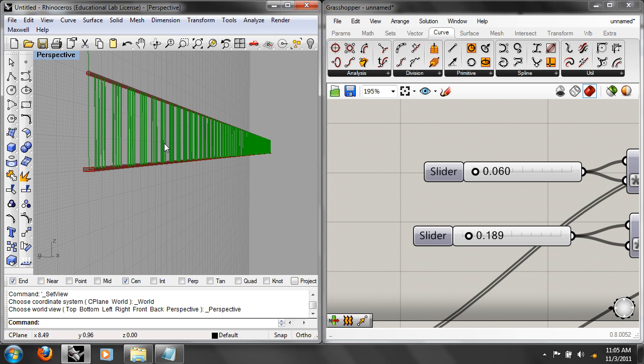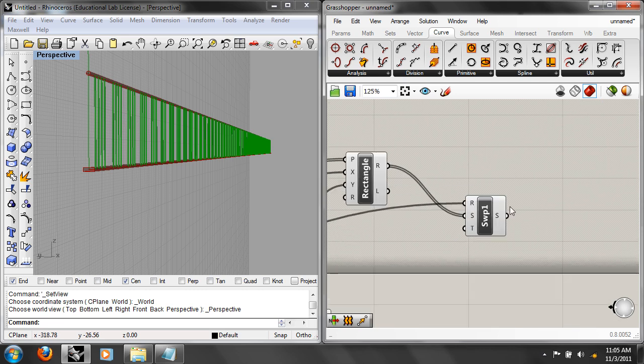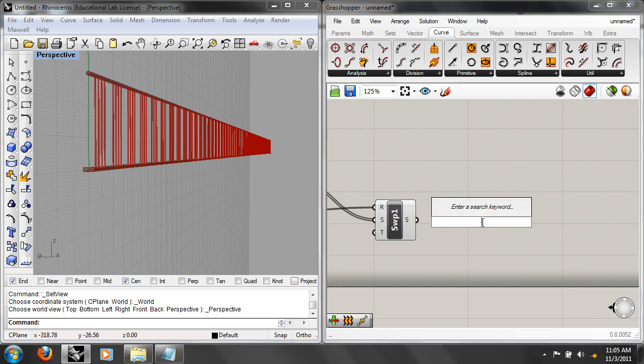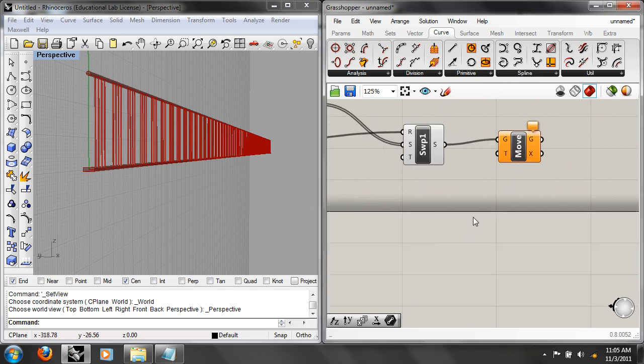Okay, one last thing with this that I want to show. So that's a thing. Let's make it more interesting though. Let's add some more horizontal separation. So I got my geometry that I made, which is this swept thing. And we could do something really simple, like we could just move it. You take it, and let's do a Z,